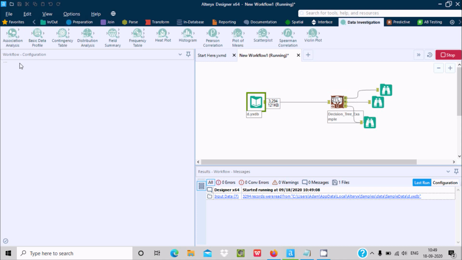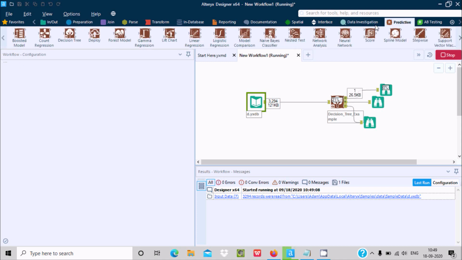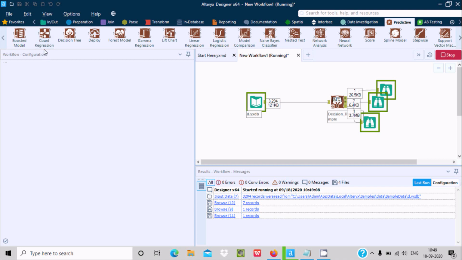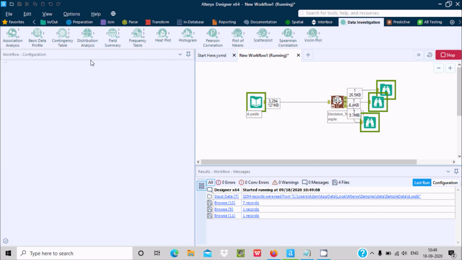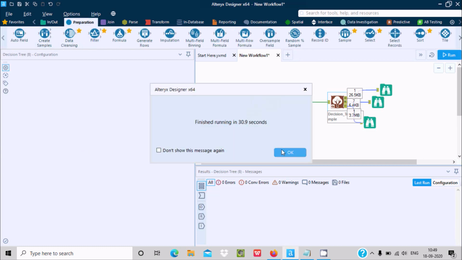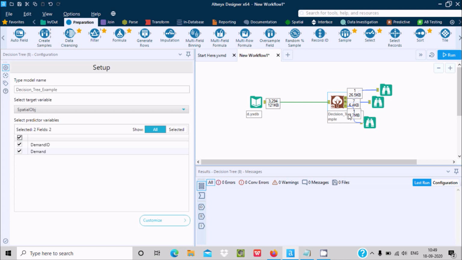About these tools, Predictive or Boosted Model, Count Regression that I already discussed, and Data Investigation, all this part I already discussed, so you can check my previous video. And Data Preparation, this I already discussed. So there is no problem when I give a spatial object.